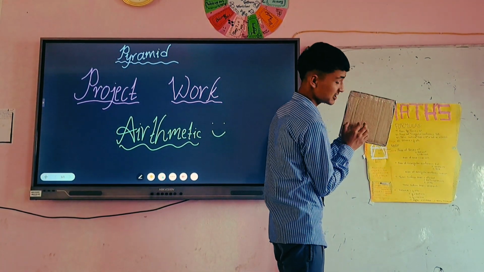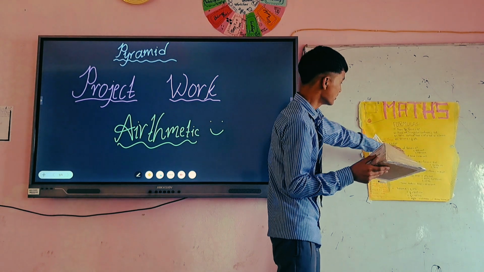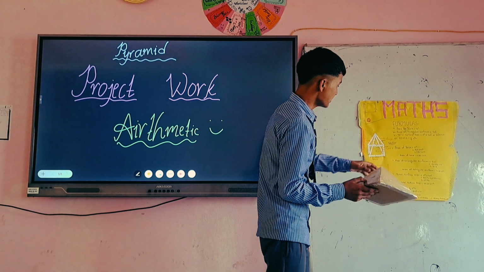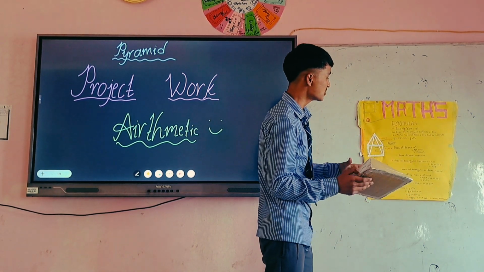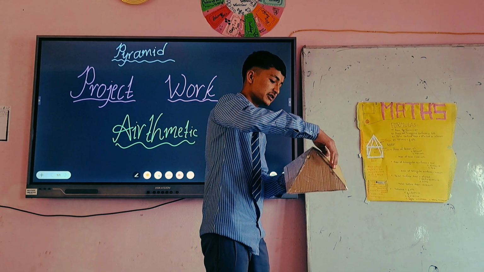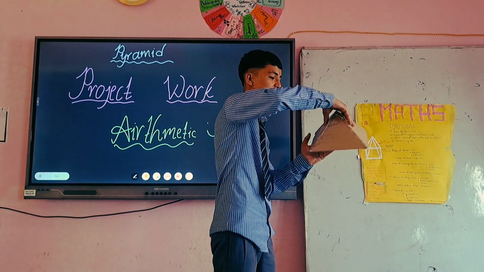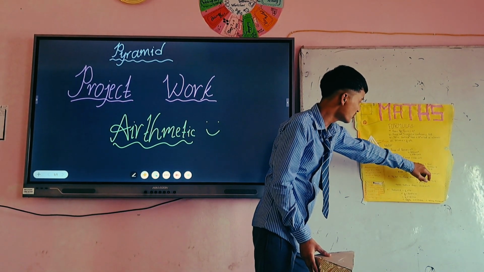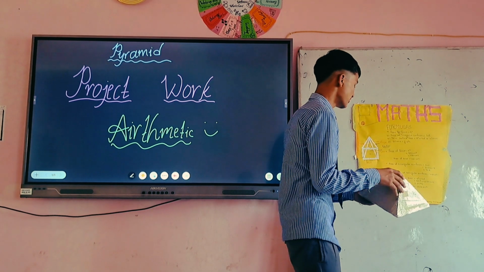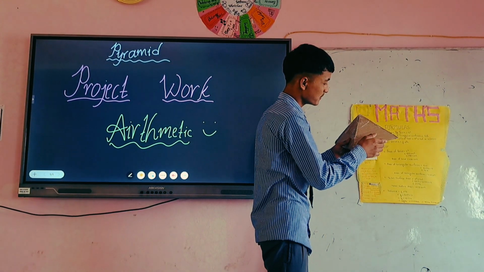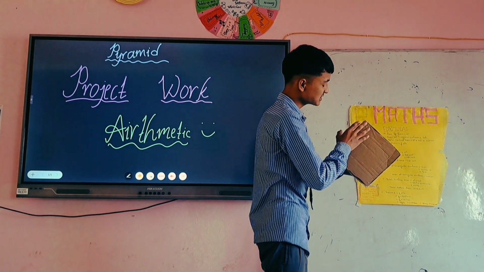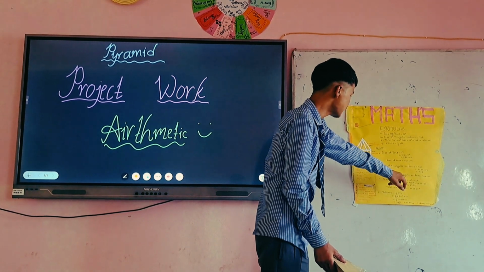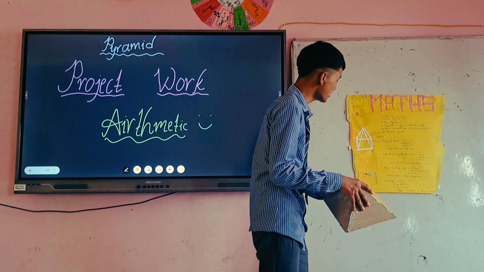Here the area base of this square based pyramid is equal to A square, 22 cm whole square is equal to 484 cm square, and the area of triangle surface is equal to 2AL. Triangle surface area means those four sides, which is known as triangle surface area. Area of triangle surface is equal to 2 into 22 into 17, where there is the base length. There are four equal sides, denoted by A, and it is equal to 748 cm square.